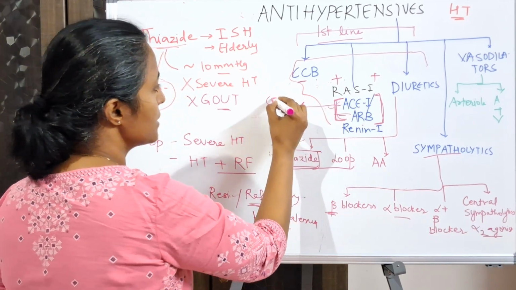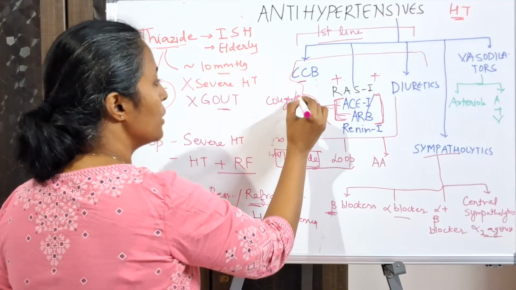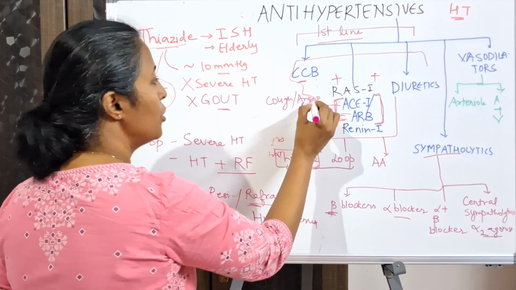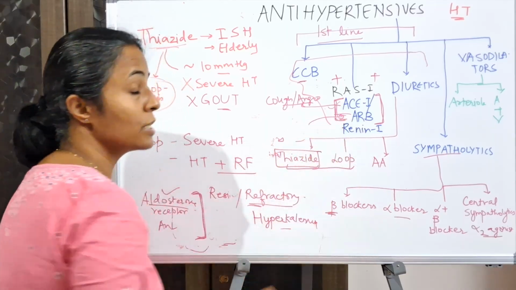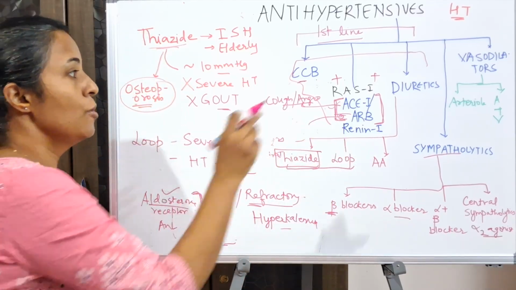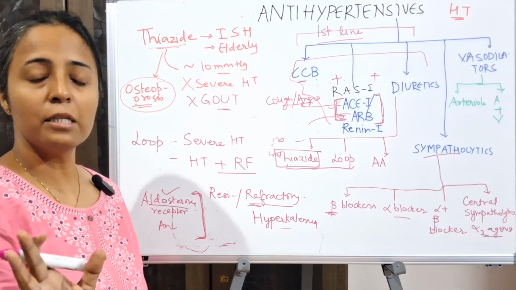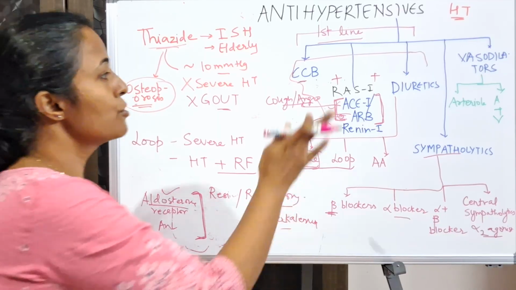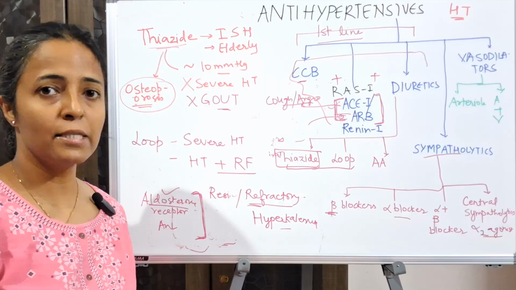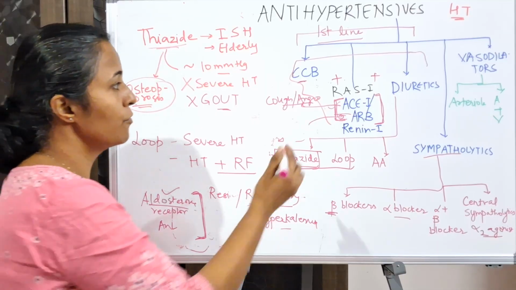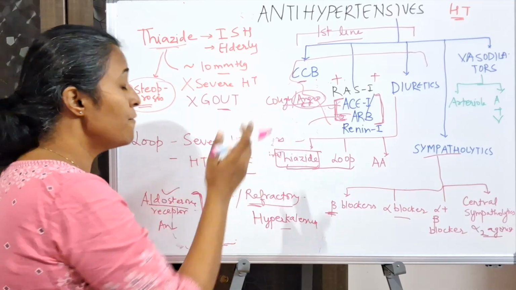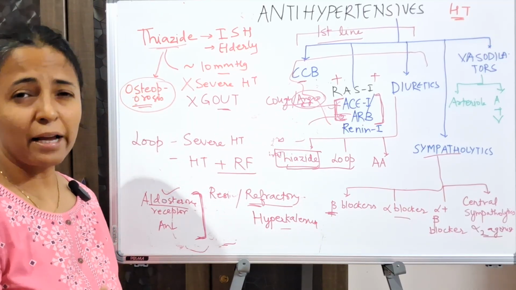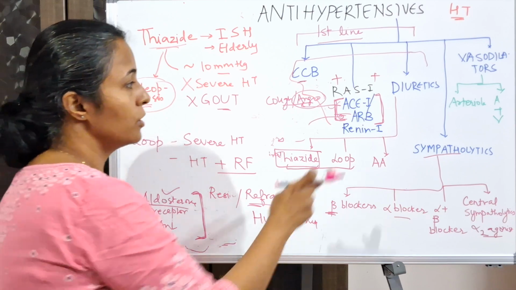ACE inhibitors is cough and angioedema. So if these drugs are not tolerated by the patient, then we switch to angiotensin receptor blockers. Okay, both of these cannot be given if there is renal artery stenosis. But you start with ACE inhibitor and the patient has side effects which they are not able to tolerate. Obviously, angioedema means immediately the ACE inhibitor has to be stopped. Cough also is very bad, dry cough is there, the person is not able to tolerate, we have to switch